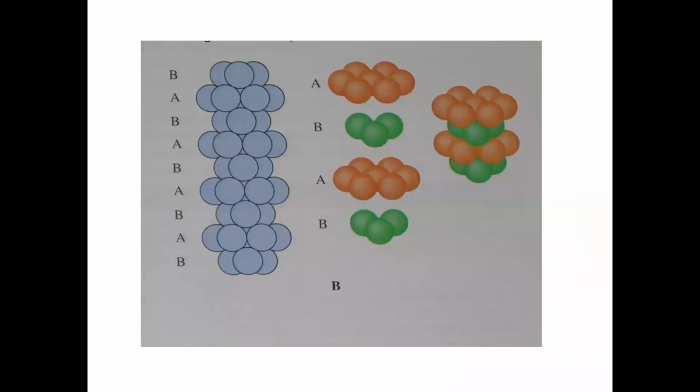But since it is all now, again I am showing you AB type of stacking, only selecting three in the layer in between two layers. This layer has 7, 1 at the center, 6 at the 6 corners, and this also 7. And in between I have shown only 3. That doesn't mean that it is restricted to 3. There is extension forming a large two-dimensional layer, but I selected only 3.